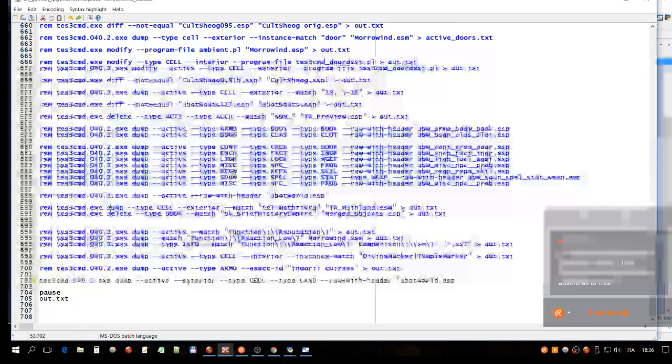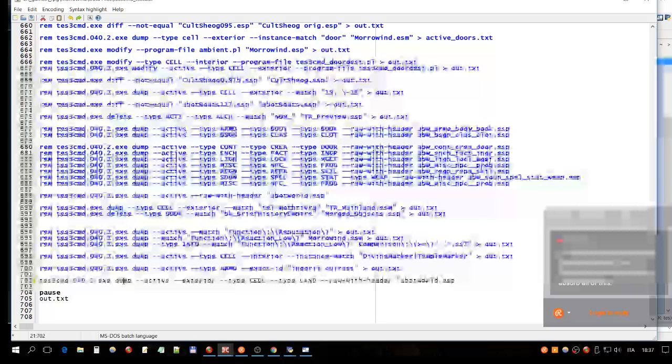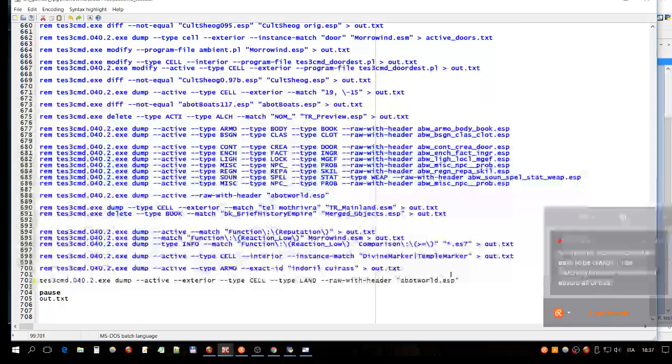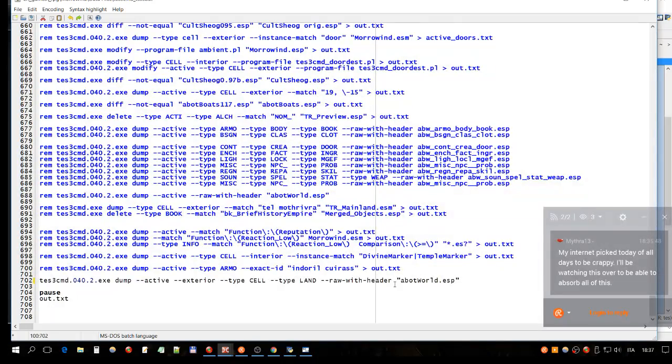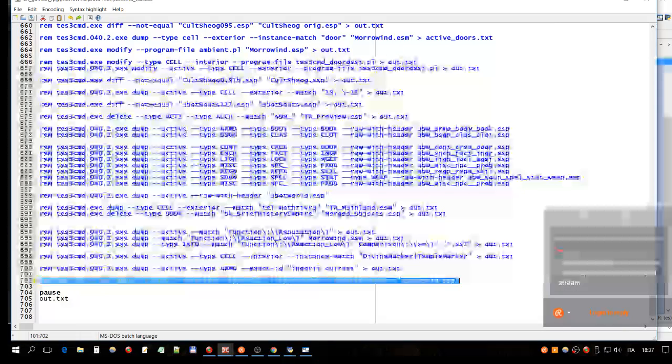Okay, so what I'm going to do is use this new version of task-free command with the dump command, which means task-free command will generate something, which can be some text, or can be, with this subcommand for instance, a proper plugin as output. So what I'm going to do is tell task-free command to generate this plugin called abot world, containing all the exterior cells and